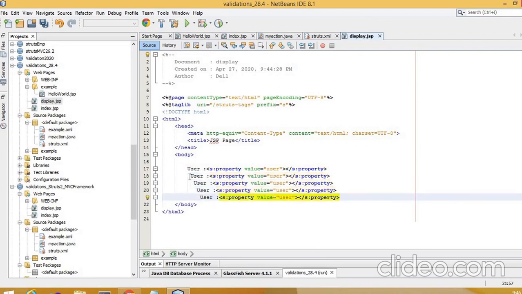Okay, so we will add another fields: user, age, then we have got email, then we have got date, and then we have got website.